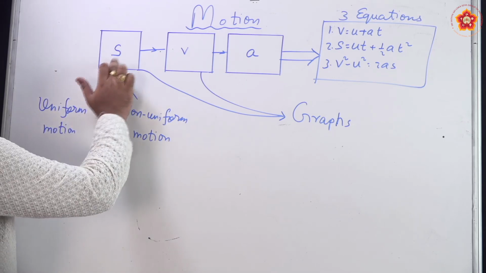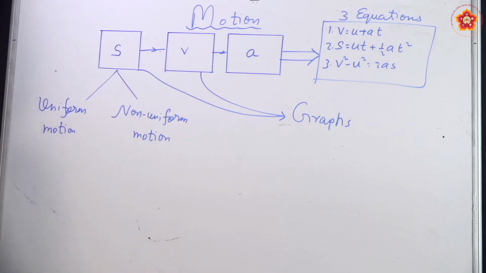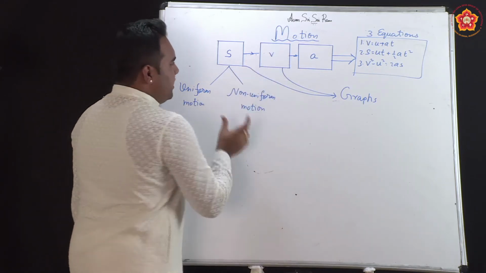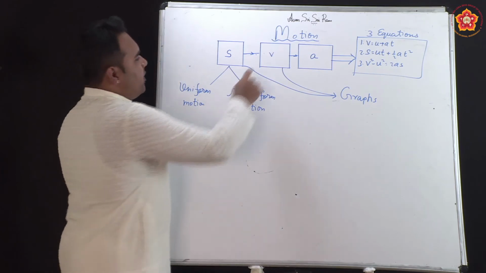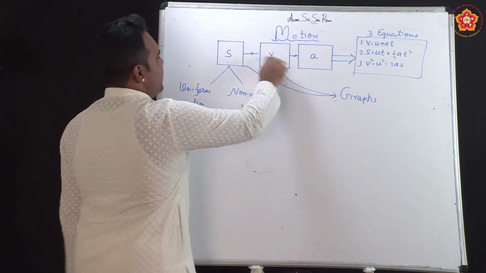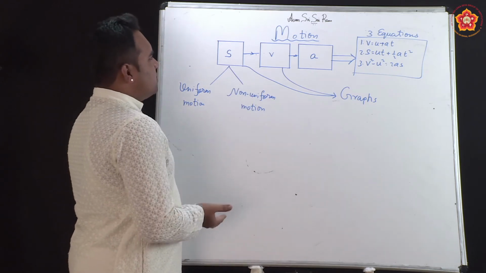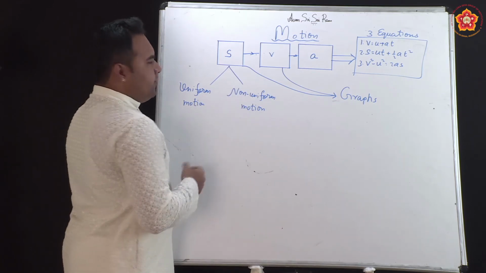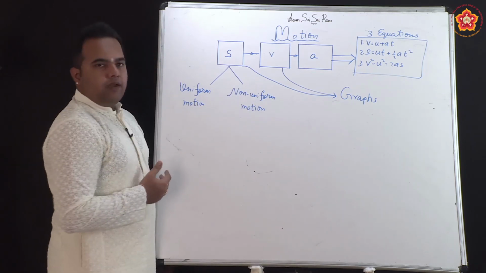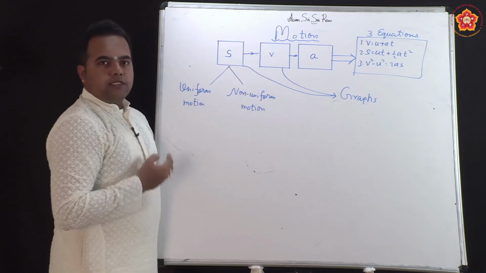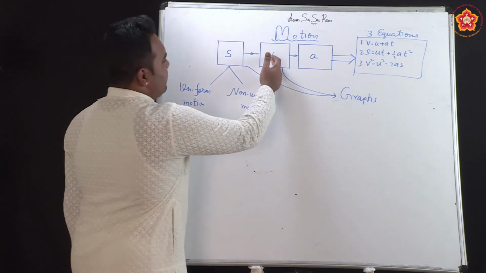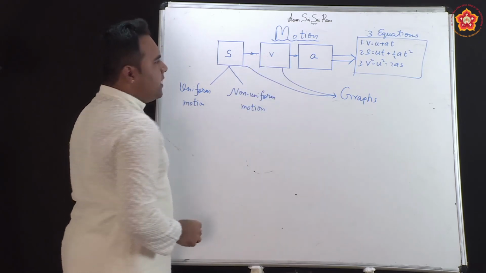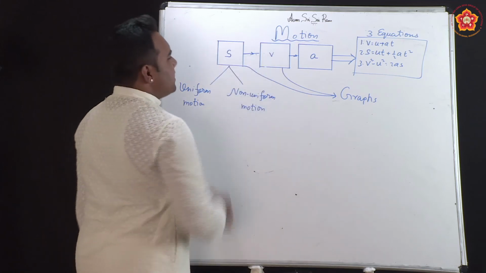Now distance, the rate of change of this parameter distance will give us speed or velocity. Again, speed is only with the numerical magnitude and velocity is along with the direction. So when I say 4 meters per second towards north, I am talking of the velocity now, because I am specifying the direction as well. If I just say the speed is 4 meters per second, I am only talking of the numerical value, I am stressing only on 4. So here velocity again has 2 components. One is the speed or the numerical part, the magnitude, the other one is the direction.